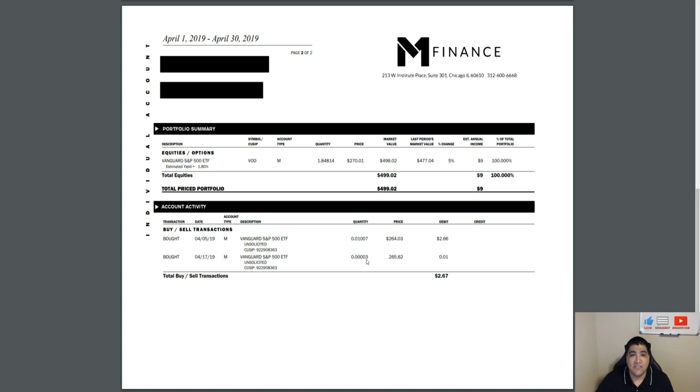You don't see any sells here on the statement, so I did not actually do a taxable event. M1 Finance allowed me to say that I sold in order to get that $10 of equity, and then it just bought using the equity that I had in the account. It looks like maybe possibly towards the end of June, I'm going to go ahead and not do the sell. I'm just going to see if I'm able to reinvest that $2 and some change of dividends that I should be receiving without having to sell and then do the $10 reinvestment method. So that is what I'm going to be trying here in the upcoming weeks.